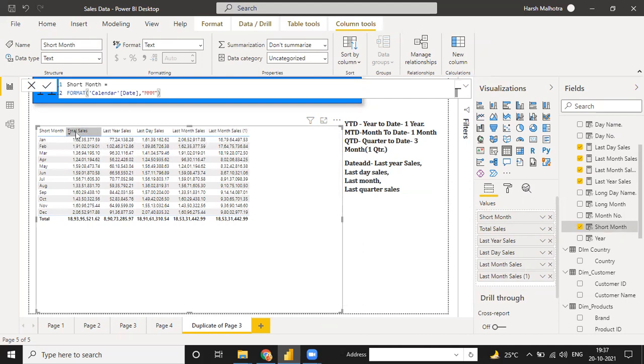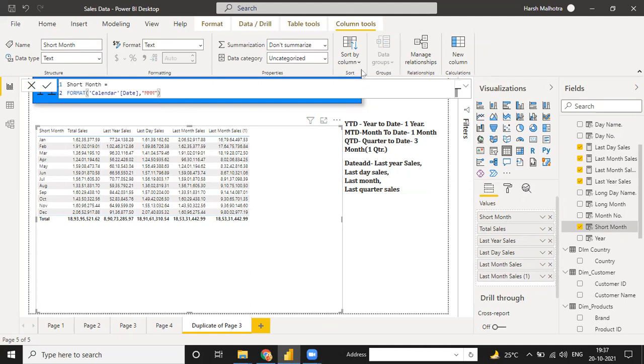All the values will be the same. Total sales, Jan, last month sale. Okay. So everything is the same. The total sale will be this much. So there is a difference, that it will give you the total of this month. So there is a reason behind this.